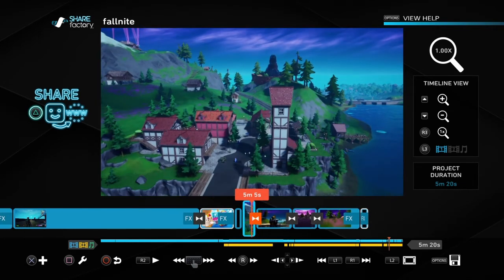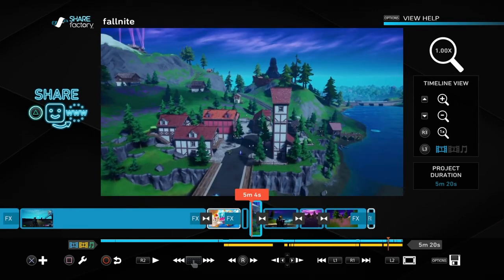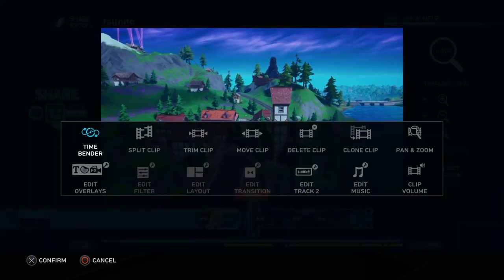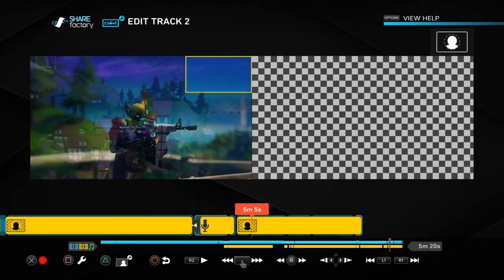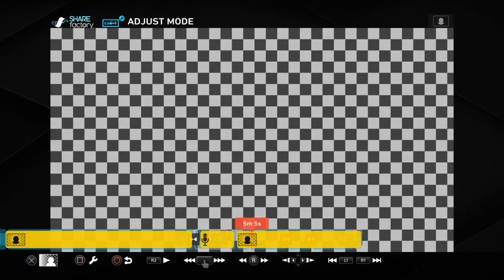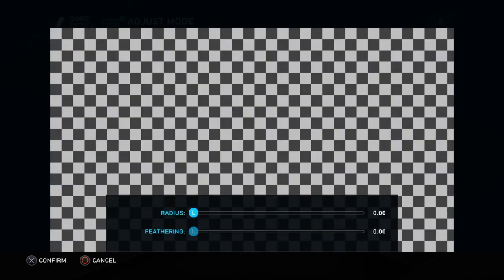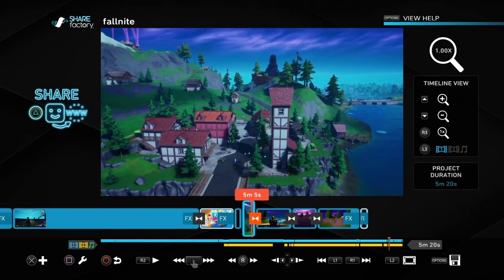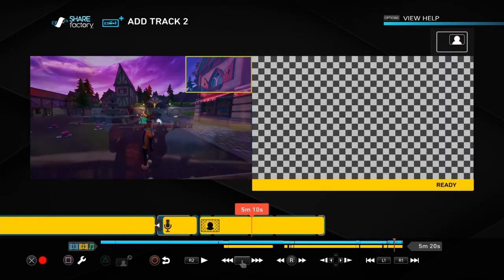Now this part, this is the cool part, in my opinion. What I did here is added a bunch of clips together. And then if you're wondering how I did the music, track 2. And then I added the clip. And then I did the settings and put them both on the lowest they can be, so that you can't see it. Oh, and if you're wondering which one I did on track 2,